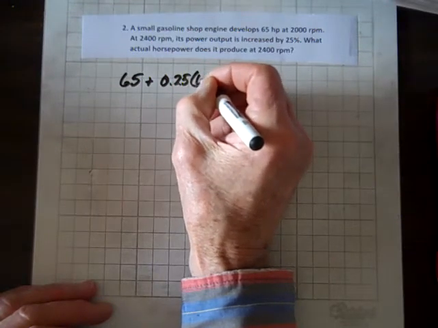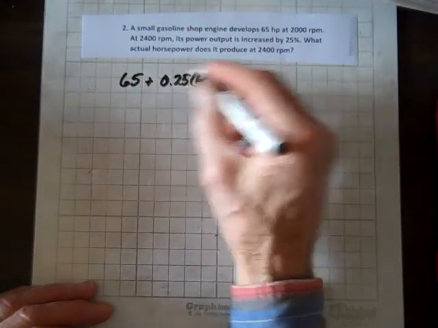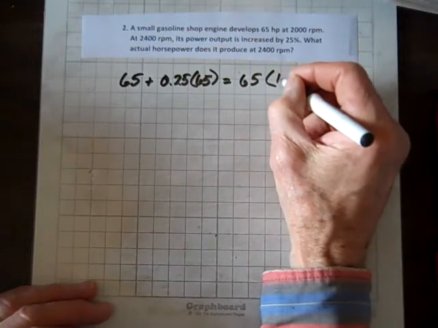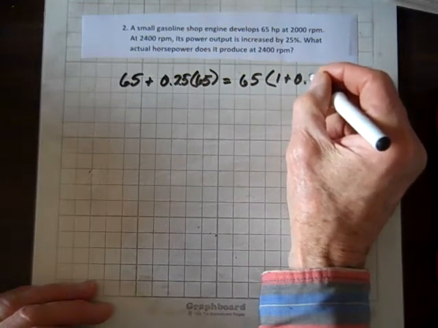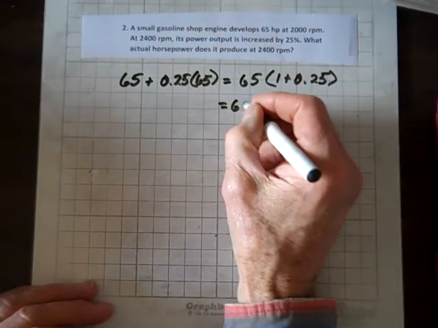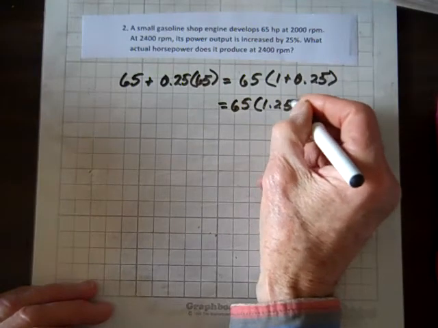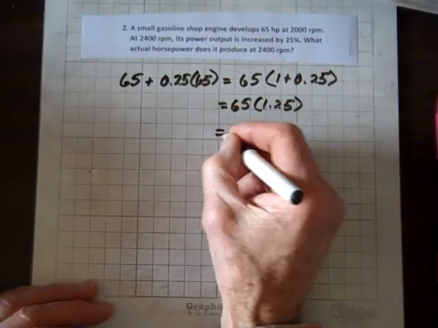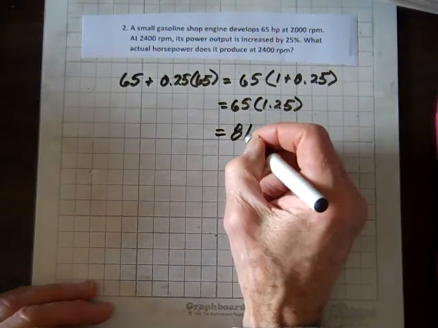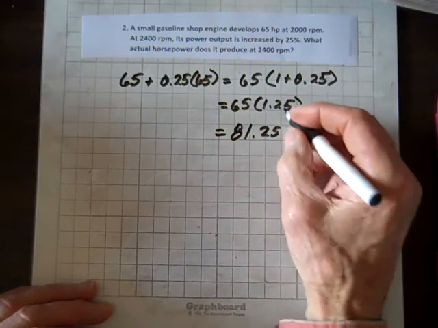0.25 times 65. But factoring a 65 out of both those terms, we get 65 times 1 plus 0.25. In other words, we have 65 times 1.25. And that product is 81.25. And that's